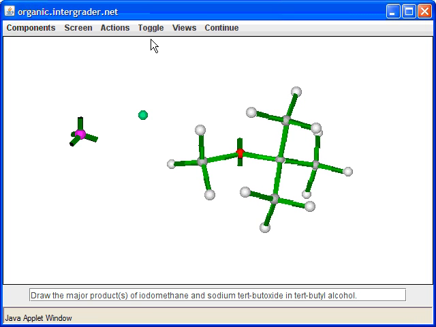Again, this is a Williamson ether synthesis because you're taking an alkyl halide with an alkoxide, something with an O- in it, and you're making actually a methyl tert-butyl ether. And this particular compound is interesting because this ether was used before people started using ethanol in gasoline. They actually used to use this ether as the oxygen source in gasoline.